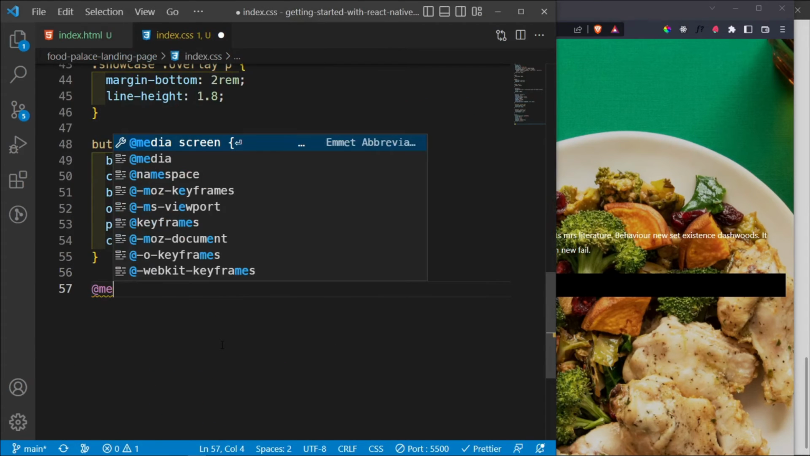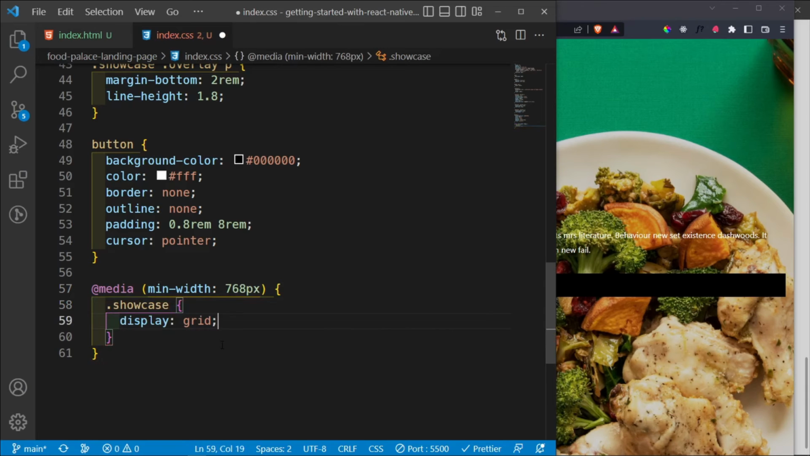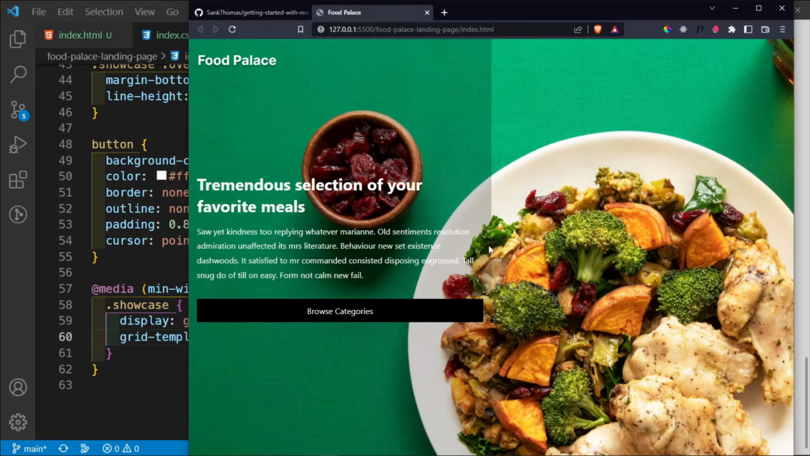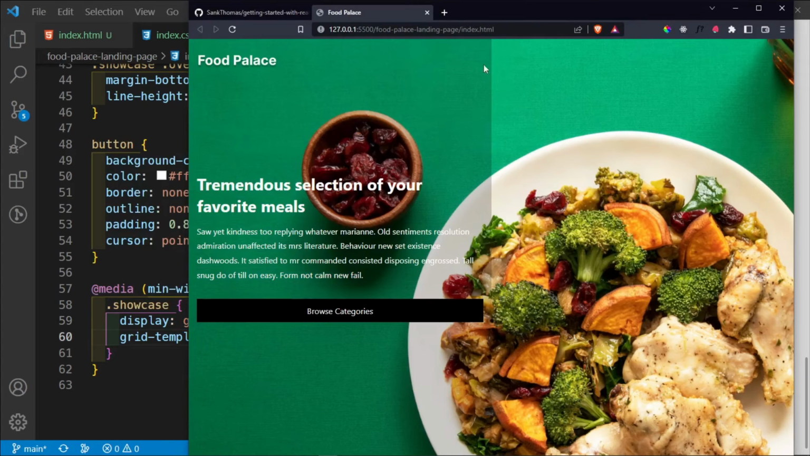So let me add a media query here, and I'm going to add media for a min width of about 768 pixels. Then I want to go inside the dot showcase, and I want to say display grid with the grid template columns to repeat twice with 1 fractional column each. Let me see. There we go. Okay, see what happens? Because now I'm inside this, displaying it as a grid, so it displays 1 grid here,